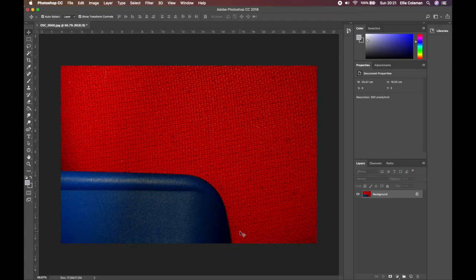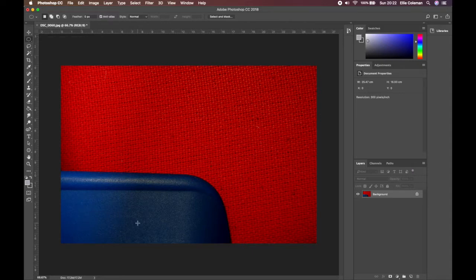What we're going to look at today is cropping your images into any shape other than a rectangle or square. So the first thing you need to do is look down the left-hand side in your toolbar, and select the second tool down. For most people, that will probably be the rectangular marquee tool, which looks like a little rectangle made out of dotted lines. If you right-click on that, you get a menu come up and you want to select the elliptical